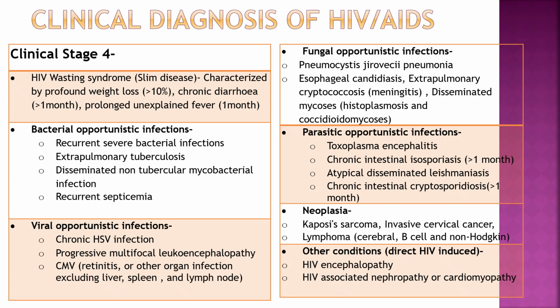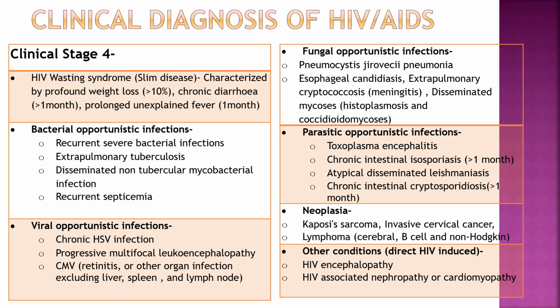Bacterial opportunistic infection like recurrent severe bacterial infection, extrapulmonary tuberculosis, disseminated non-tubercular mycobacterial infection, recurrent septicemia. Viral opportunistic infection: herpes simplex virus infection, progressive multifocal leukoencephalopathy, cytomegalovirus infection like retinitis, other organ infection including liver, spleen, lymph node. Fungal opportunistic infection: pneumocystis jirovecii pneumonia, esophageal candidiasis, extrapulmonary cryptococcosis causing meningitis, disseminated mycosis like histoplasmosis